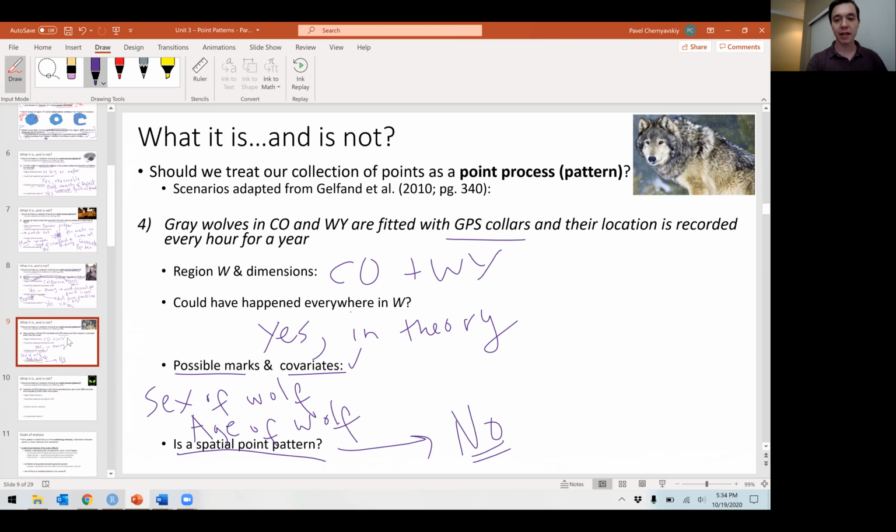If what I'm recording are the locations of the wolves, what I will be recording is their migration patterns. You know, maybe they're walking around, you know. That is definitely an ordered set